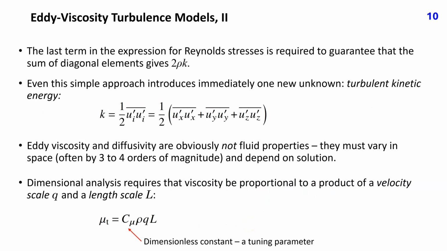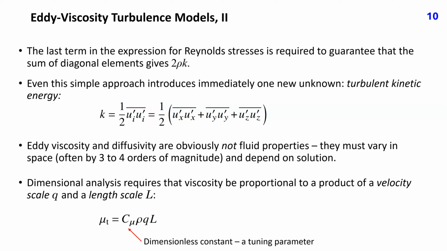Even this simple approach introduces, in addition to turbulent viscosity, one more unknown, the turbulent kinetic energy, defined as follows. The trace of the Reynolds-stress tensor is thus equal to 2 rho k, which required adding the second term to the model of Reynolds stresses. Eddy-viscosity and diffusivity are obviously not fluid properties. They vary in space, often by 3 to 4 orders of magnitude, and depend on the solution of Reynolds-averaged Navier-Stokes